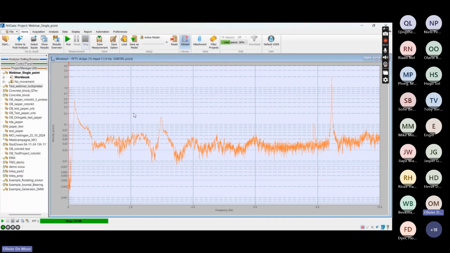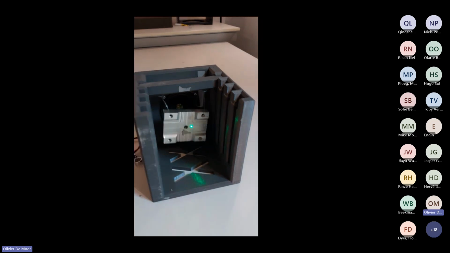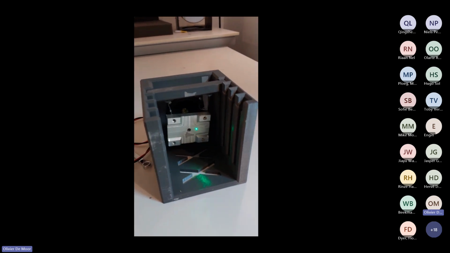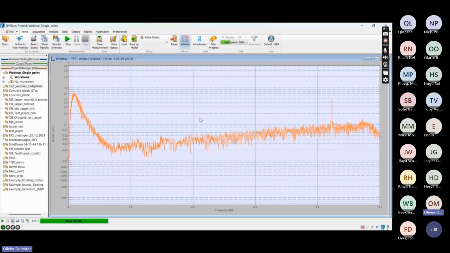So because now it was stationary, but we want to see what happens if the object is moving. So now we will give a swing to the object while performing the same measurement. So the object is clearly swinging. There's a difference in distance to the laser. So we expect the measurement to be more difficult. And we see that indeed the signal gets more noisy, but you still can see the resonance peaks coming into